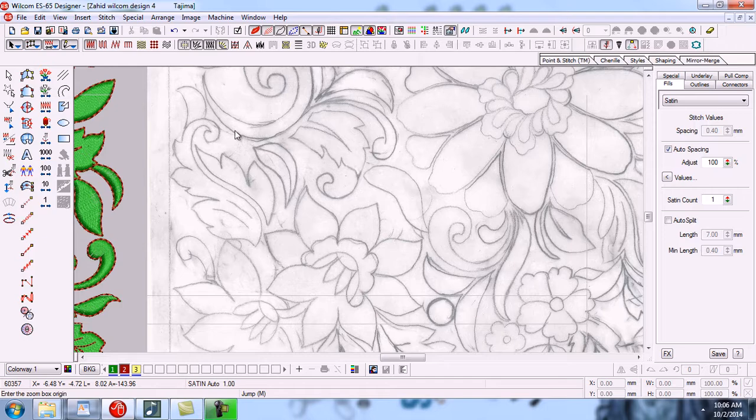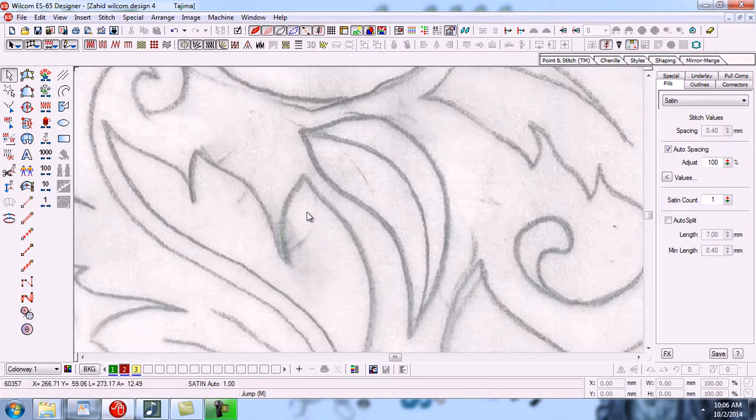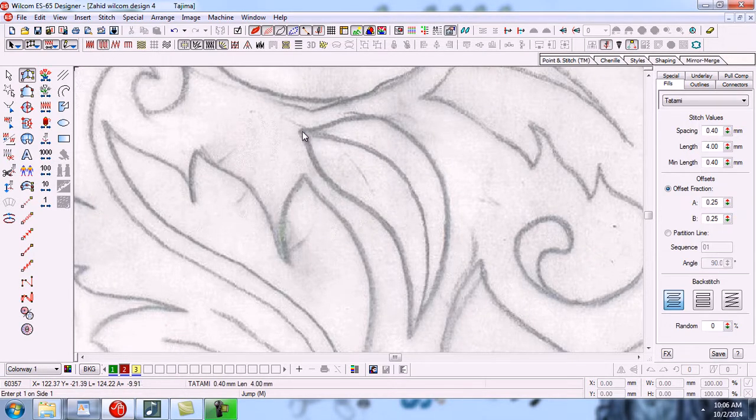For example, we will make this object with input A. So select input A and select the stitch value, that is, what type of stitch you want to make this design with. For example, now this object I want to make with tatami. So press 2, first left click, second left click.